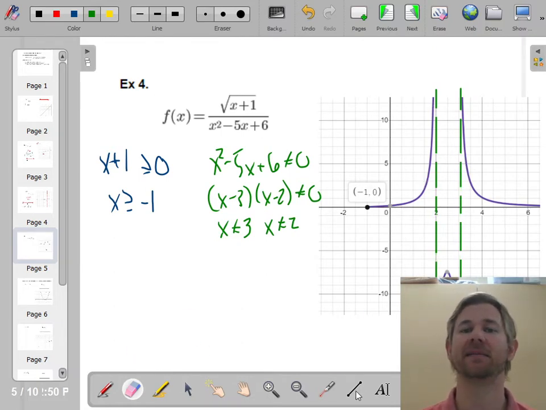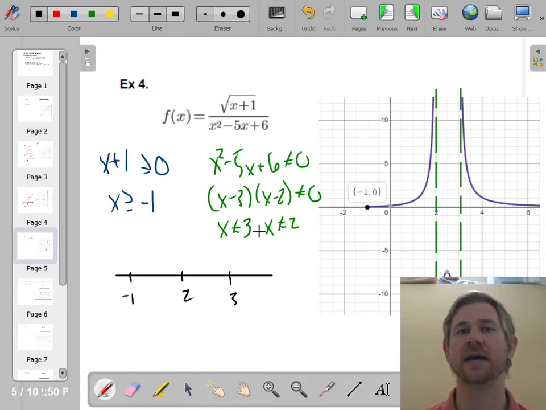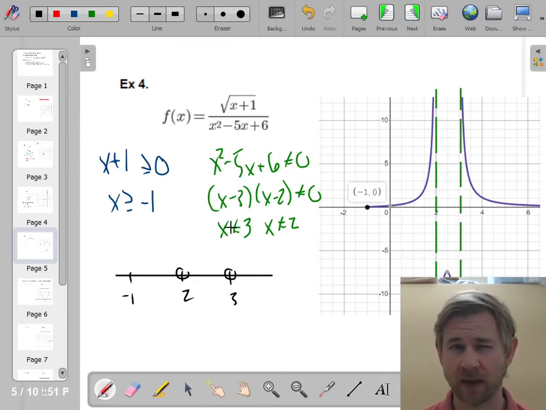So the way I'm going to say this, I'm going to draw it on the number line again and say, all right, the 3 things I care about are negative 1, positive 2, and positive 3. And I know that these are open circles because it can't be 2 or 3. Then you're dividing by 0. But it can be